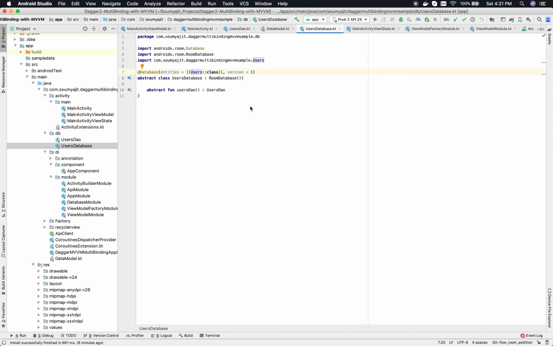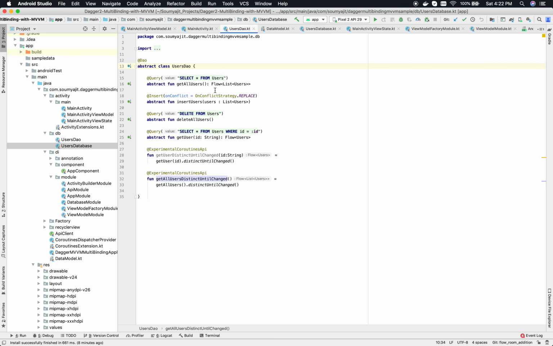And this particular UserDatabase extends the RoomDatabase class, and it exposes the UserDao, inside which we will define all our database operations which will be done on the users table. If you see, all the queries are getting done on the users table.